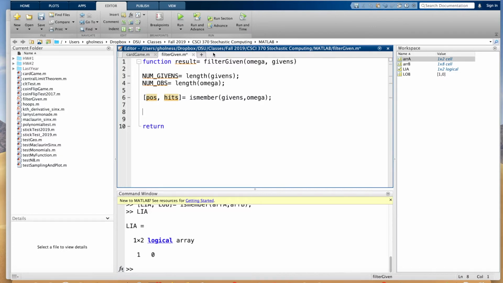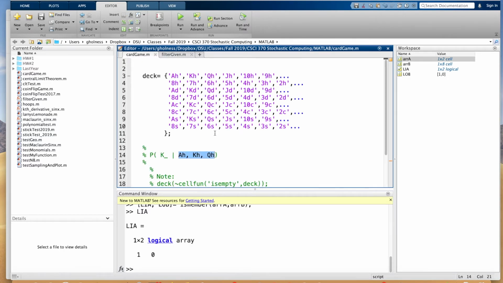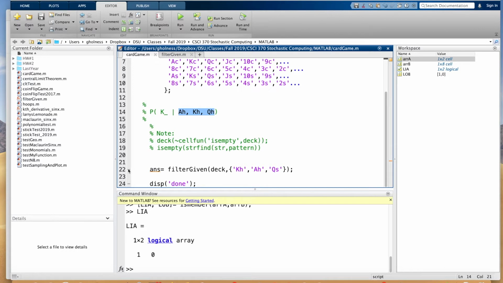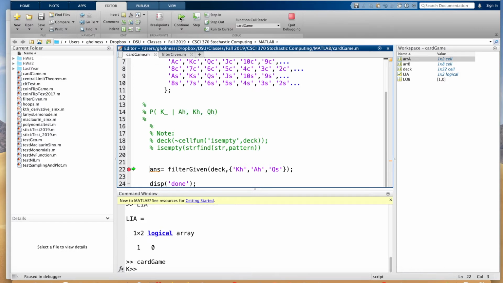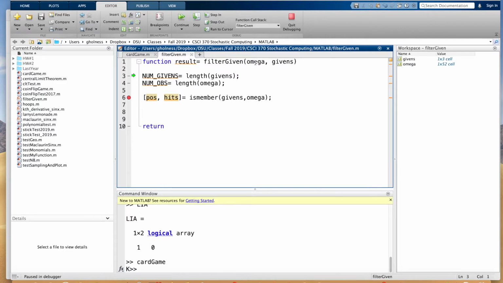So I'm going to try that out, and let me set a breakpoint. Let me save and just show you, yes, it really does work. And let's go back to card game, and let's set a breakpoint here. Let me run, and I'm going to step into this function because I want to show you, well, that's my